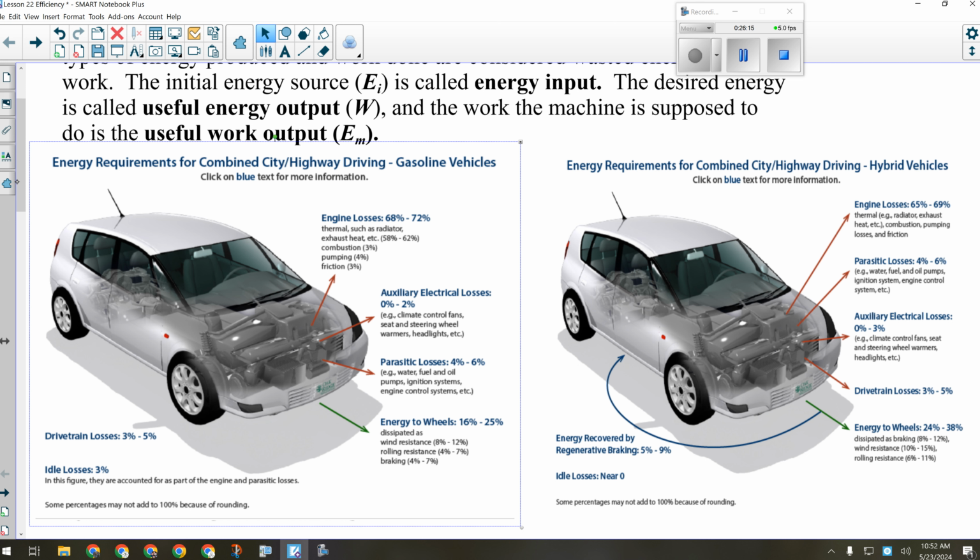Okay? Other things that your car does that are inefficient. There's auxiliary electrical losses in your car. Lots of things in your car run on electricity. The door locks, and if you have heated seats, or you have the rear window defogger, those little lines of the grid that runs across your back window, that runs on electricity. It's like a dead short that just heats up the window really quick. Okay, fan, headlights. If you've got a big car stereo,